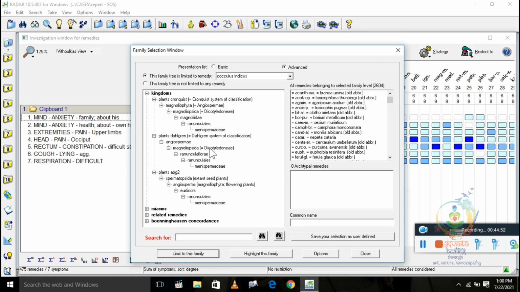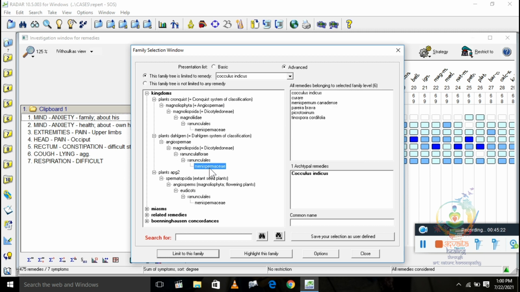So here are three classifications of plants. First is from Cronquist, second is from Dahlgren, and then APG2. According to Cronquist, cocculus belongs to Menispermaceae.